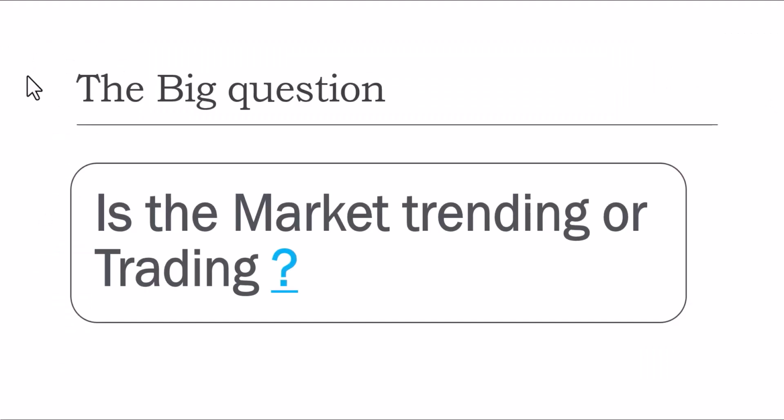Now, is the market trending or trading? This is a very important question a person must know before he enters into a trade in futures and options. Is the market trending? Trending means whether it is going up or going down, or it is oscillating between a range. Now, Nifty is currently close to about 21,000, 22,000. It is expected, we don't know, but it is expected that in the next 3-4 months, before the election results are announced, the market will be range bound.